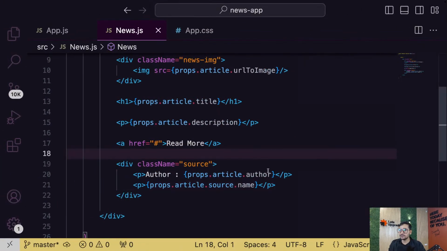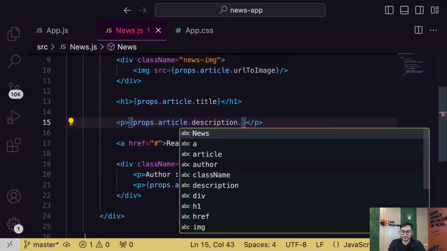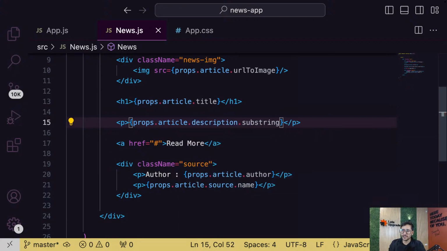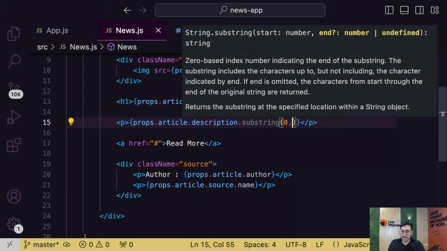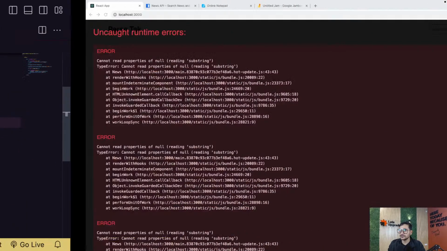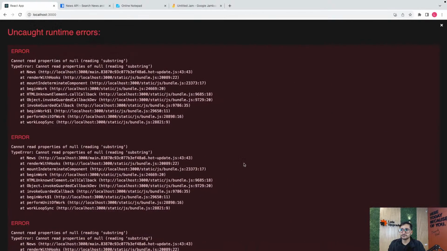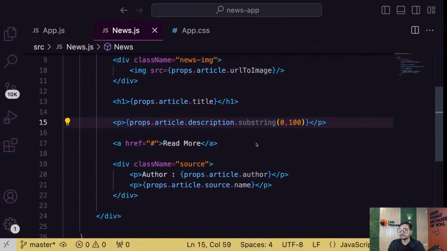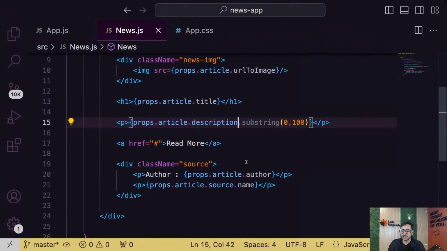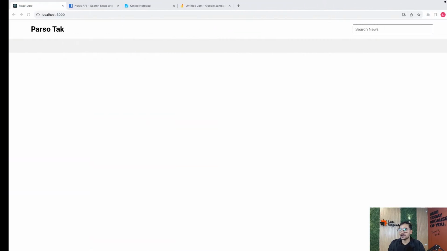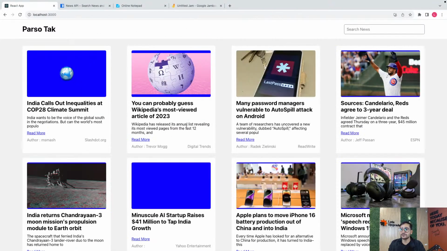So to this description, I'm going to apply a function called substring. It is substring or substr, I think there are 2 functions in JS. So from 0 till 100. Let's see. Okay. Because the description is not available initially, we can go with a question mark here, so that only if the data is available, then apply substring. And here we go, guys. Now we are getting the exact same content. But you can see now the title sometimes is bigger, but that's okay. Title I want to display completely.